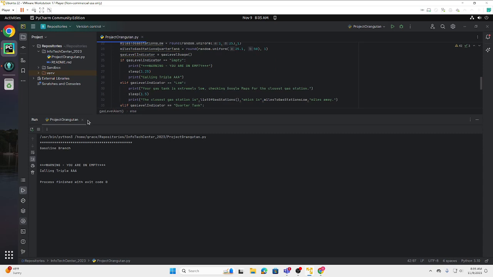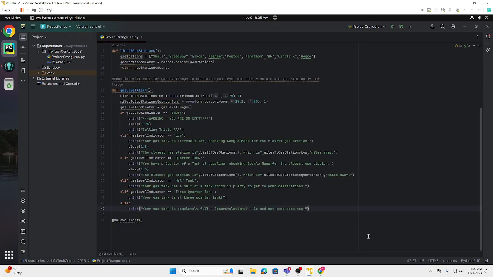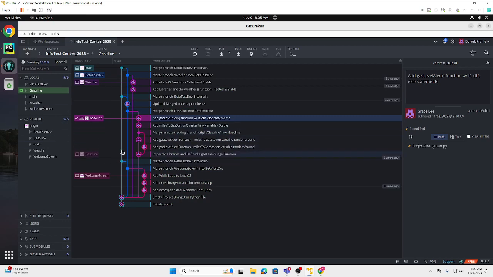Anyway, that was my gasoline branch, and I'm gonna go back to GitKraken. I don't know what happened here. This one just randomly happened, but we have our commits, and